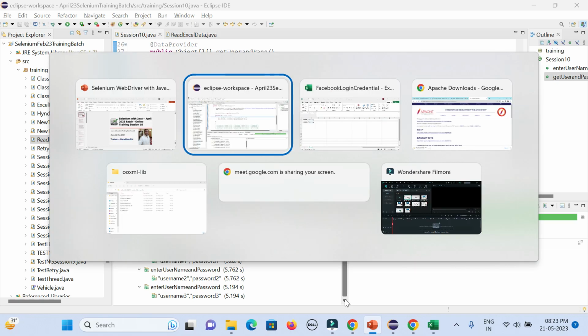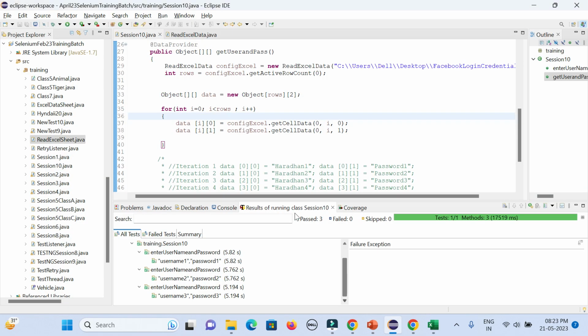I already mentioned this in the code as well, right? Whenever you are trying to read data from the Excel sheet, you need to go to the Excel sheet path, then the Excel sheet name along with the extension. Then you need to go to the tab, how many tabs are available, then row, then column, and then the cell. So you'll be creating a class where you create a constructor first for going to the Excel sheet. Then you'll create another method for getting the cell value by row, column, and tab or sheet. And another method for identifying how many active cells are available, so that you'll be reading only those cells. After that, you'll be